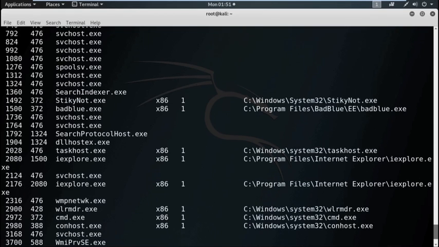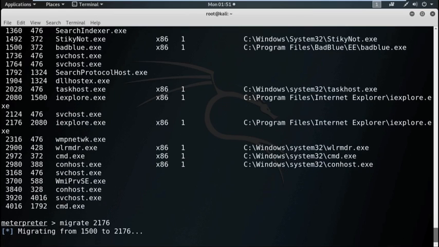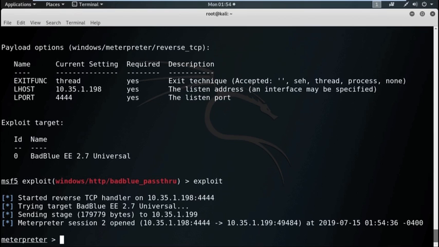So, the command is migrate, then the process ID 2176. See, migration completed successfully. Now, send this meterpreter session to the background by using the command background.